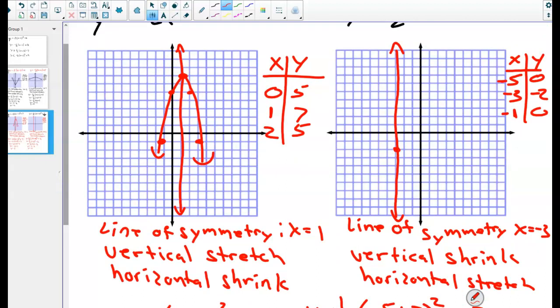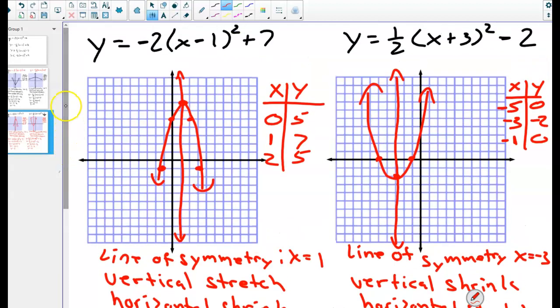Negative 3, negative 2 is this point right here. Negative 1, 0. Negative 3, 0. And it's curved. And that's my graph. If you wanted to put an extra point in, you could throw 1 in here. 1 plus 3 is 4. 4 squared is 16. 16 times 1/2